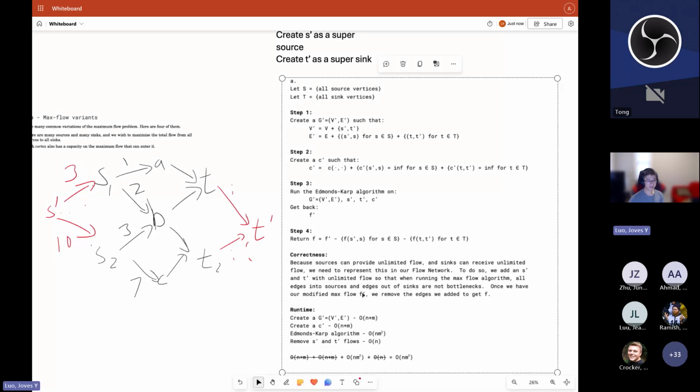Okay. So because sources can provide unlimited flow and sinks can receive unlimited flow, we need to represent this in our flow network. To do so, we add an S prime and T prime with unlimited flow so that when running the max flow algorithm, all edges into sources and edges out of sinks are not bottlenecks. Once we have the modified max flow F prime, we remove the edges, we add it to F. And so we've basically expanded our flow network so that even though we have multiple sources and multiple sinks, it behaves as if there is one single source and one single sink. Any questions on